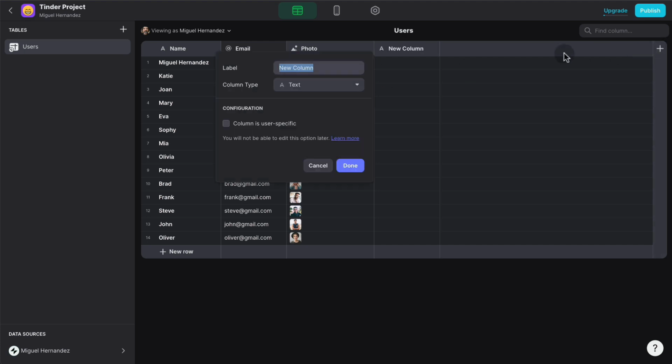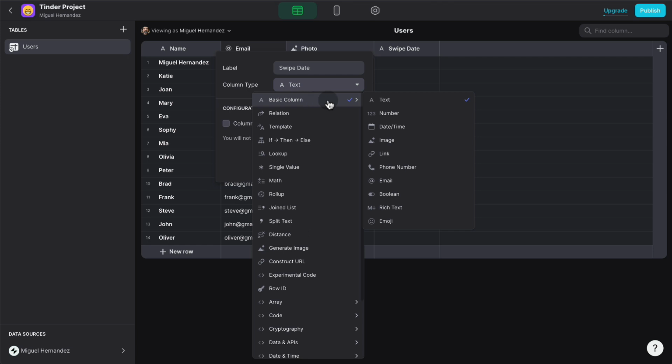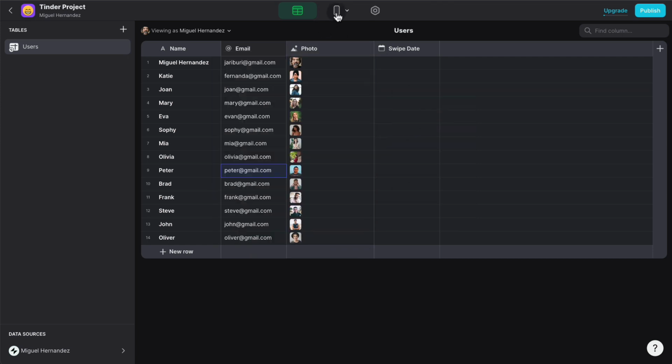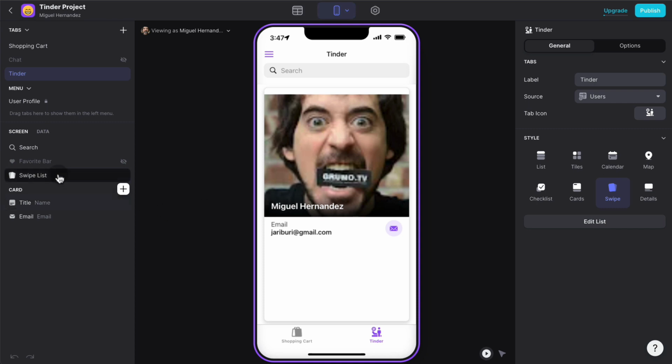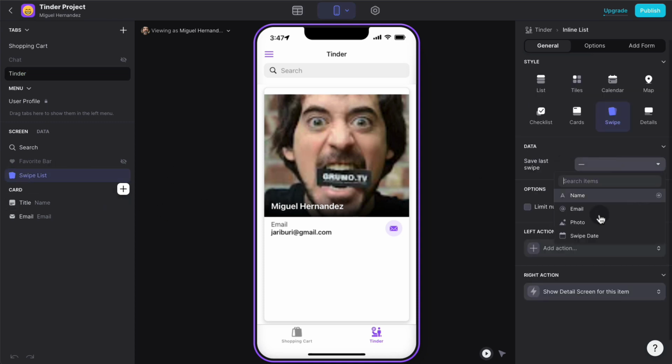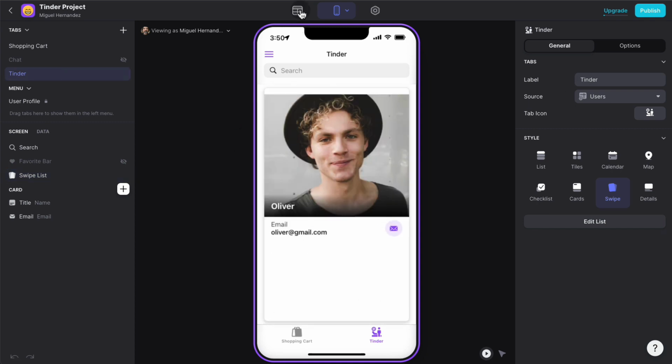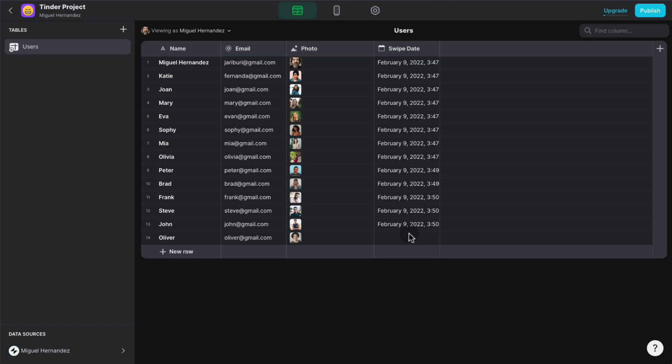So we're going to create a date type of column, swipe date, and it's going to be of the type date and time. Okay, and now we're going to be able to save, let's select the swipe list component and save it to the swipe date column. And now we can swipe. And if we go to the database, we can see how the swipe date is being stored, and therefore we can